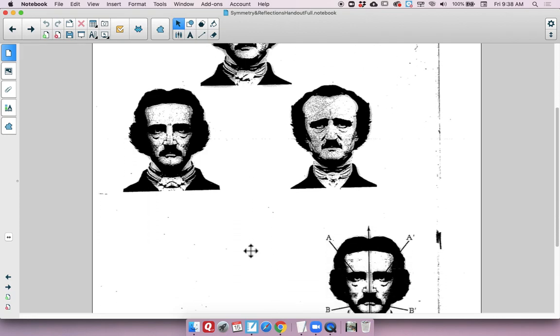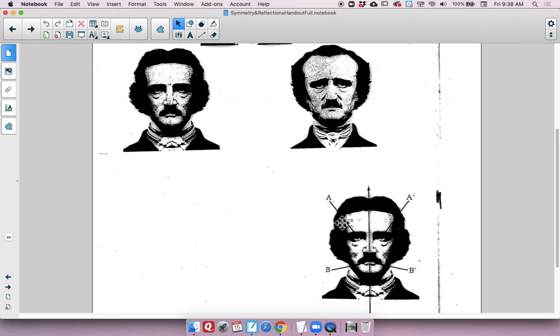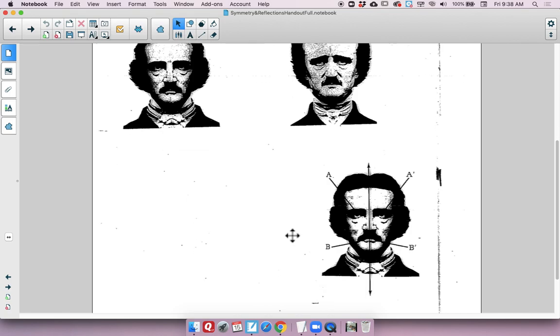What do you think about these? These look like they do to me. And here's one with some markings on it, so you can see an axis of symmetry. They've picked out a few different points that would definitely fold over onto each other. So I think those would. Okay, so